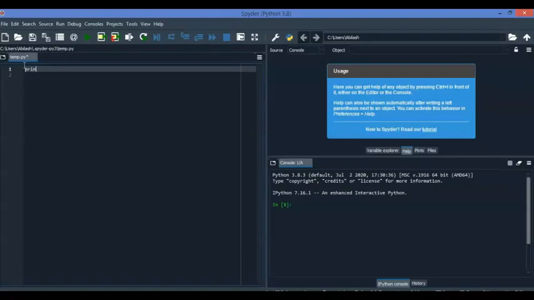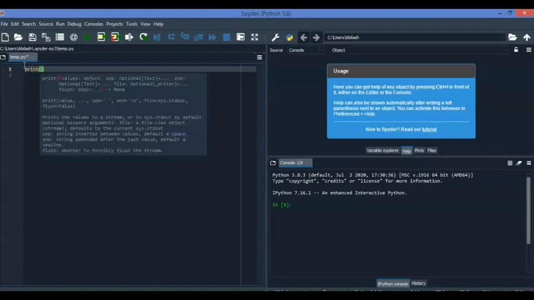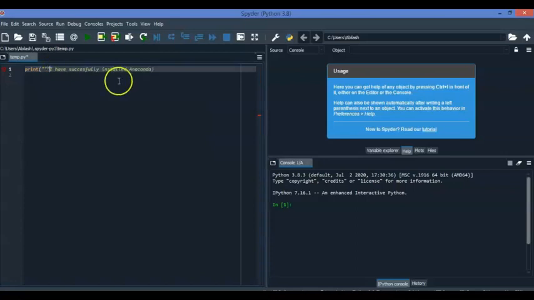I'm again typing print, the same print statement I have written in Jupyter. I have successfully installed Anaconda. Alright, so let me stop at this, and here you have a different play button.